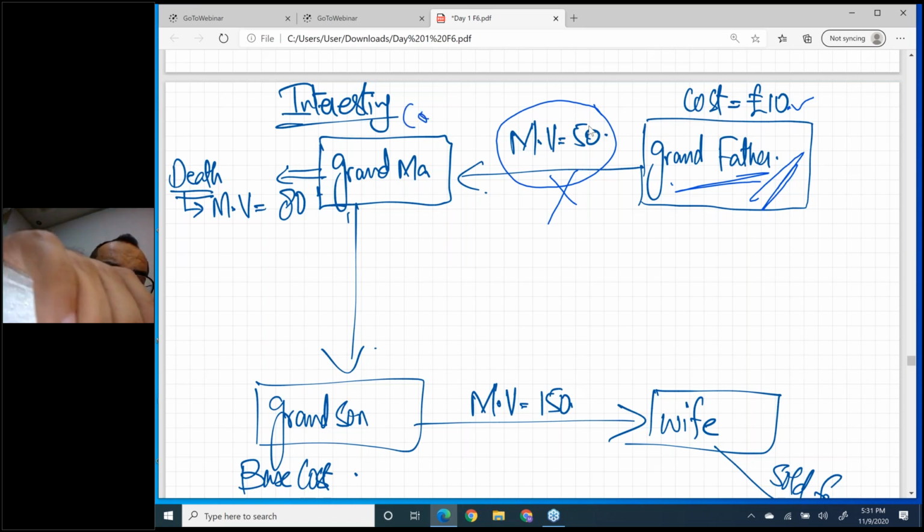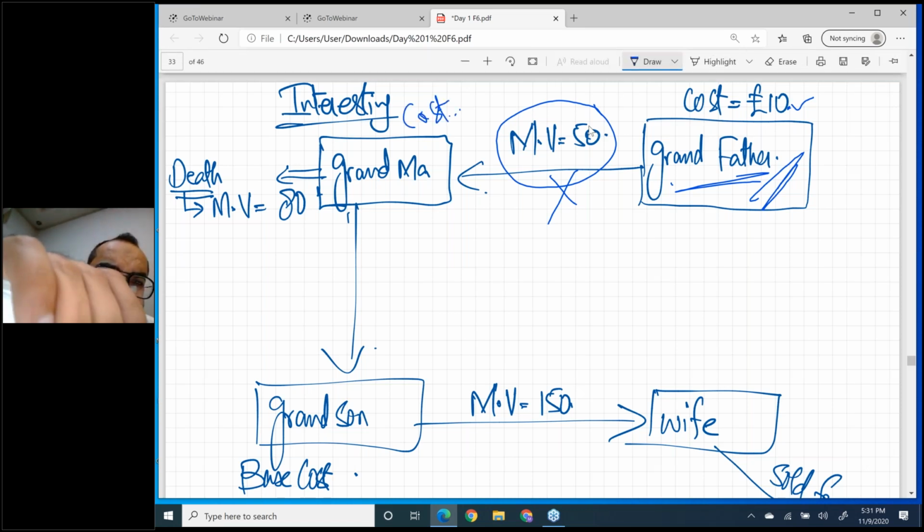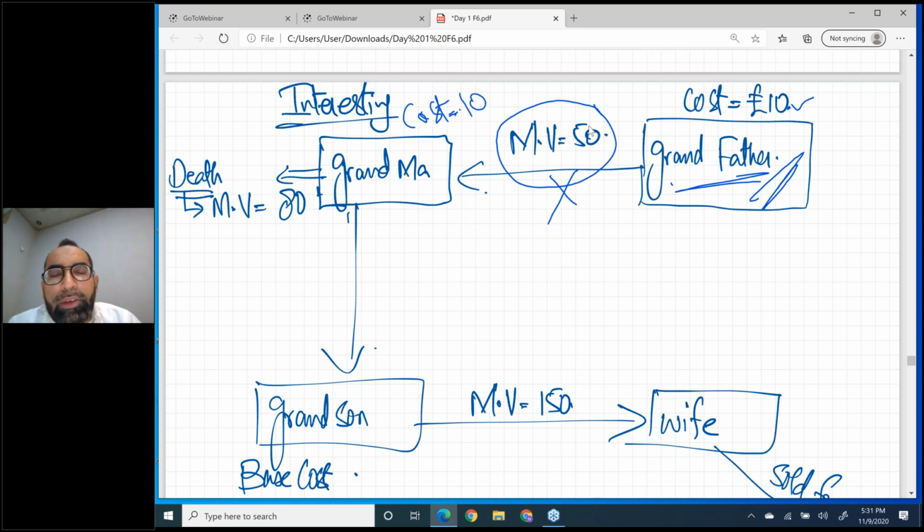Okay, so now the first step has been done. The asset has been transferred to grandma. The cost to grandma is 10, same cost. Ignore the market value. Now after a few years, grandma passed away, and this is a natural problem. We all have to leave this world. Now at the date of grandma's death,